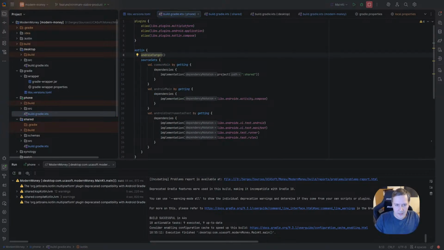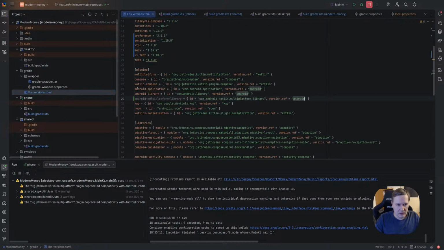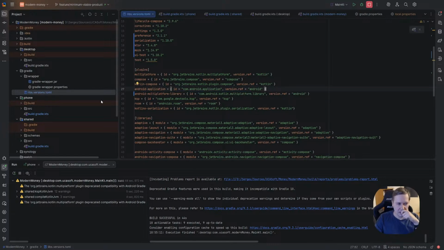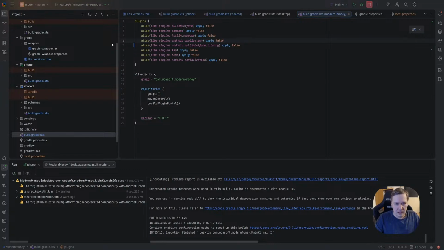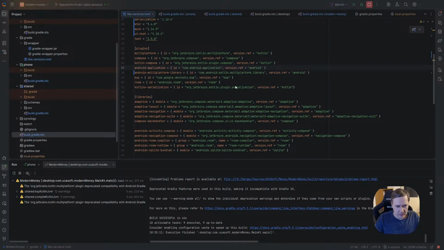Okay, go back. So we have Android application. Yeah, we don't need Android library at all in this case. And we have Android application, and it told us, no, it should be Kotlin Android.